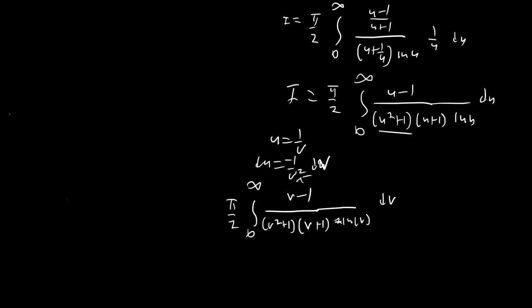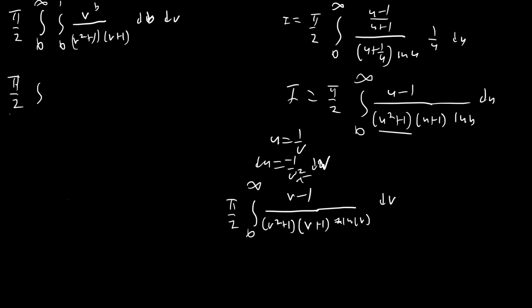So we're going to have pi over 2, integral from 0 to infinity, integral from 0 to 1 of v^b over (v squared plus 1)(v plus 1), db dv. Exchange the order: pi over 2, integral from 0 to 1, integral from 0 to infinity of v^b over (v squared plus 1)(v plus 1), dv db. I did not choose variable names very well here. Okay,